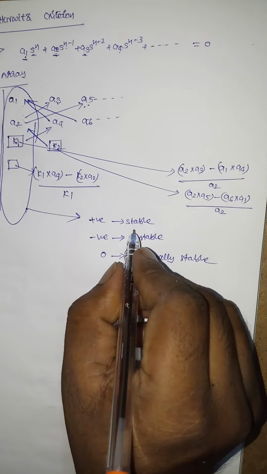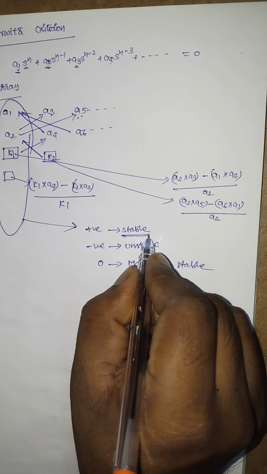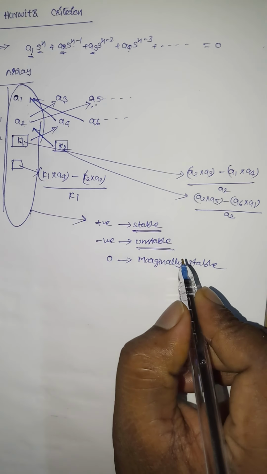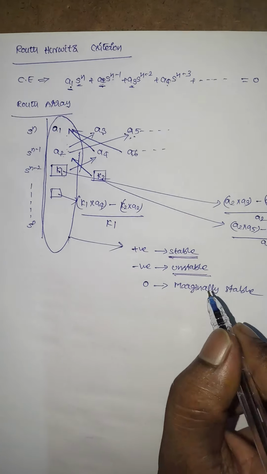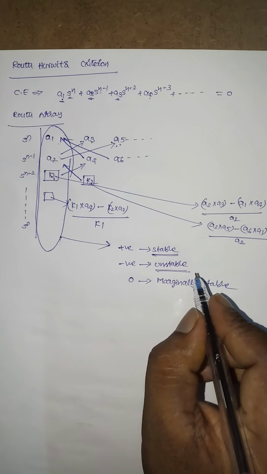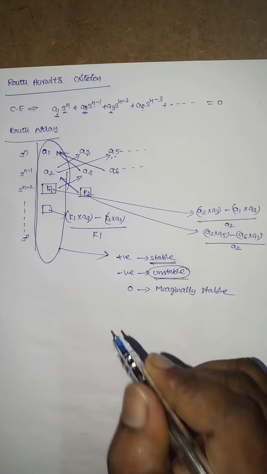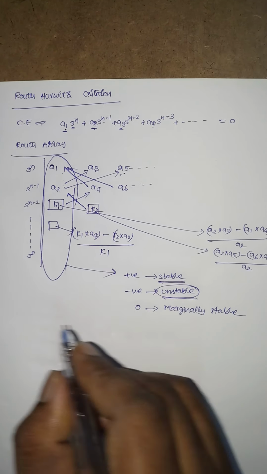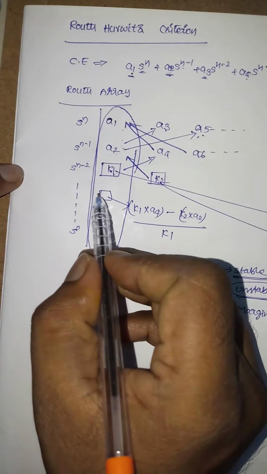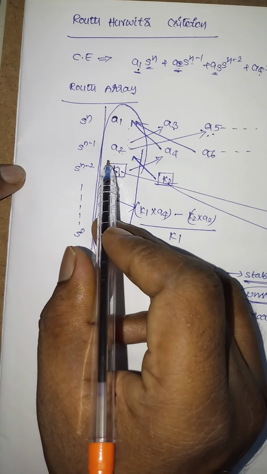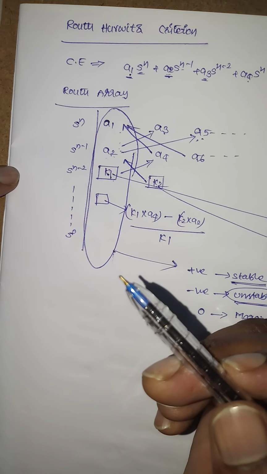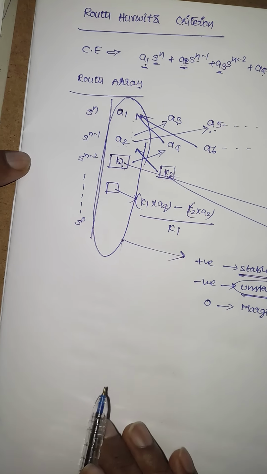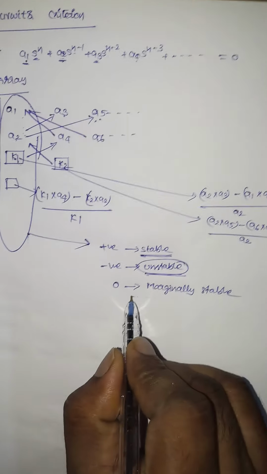If the system is stable, then all the poles are located in the left half of the S-plane. If the system is unstable, any one pole or some poles are located in the right half of the S-plane. How many poles are located in the right half of the S-plane can be obtained by finding the number of sign changes in the first column of the Routh array. If the number of sign changes is 2, then two poles are located in the right half of the S-plane.